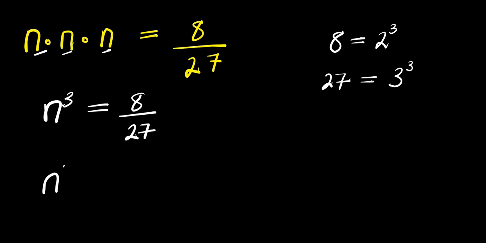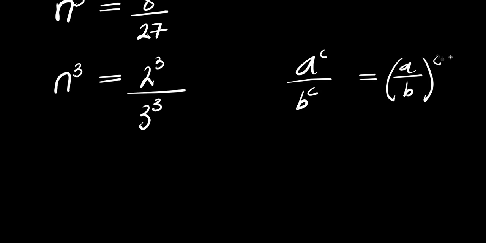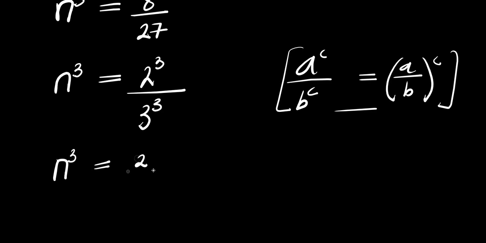So we have n to the power of 3 equals 2 to the power of 3, that is 8, divided by 3 to the power of 3, that is 27. Now, if you have a to the power of c divided by b to the power of c, this equals a divided by b, raised to the power of c. So applying this identity right here, we have n to the power of 3 equals 2 divided by 3 raised to the power